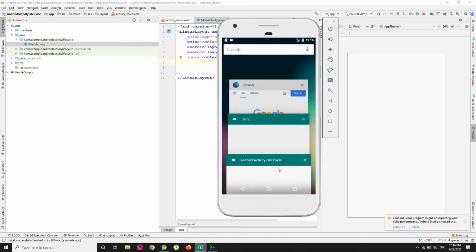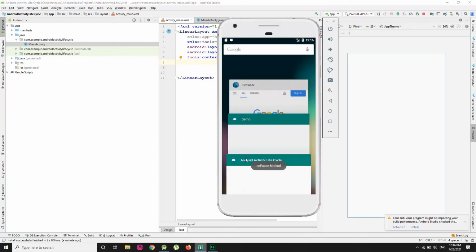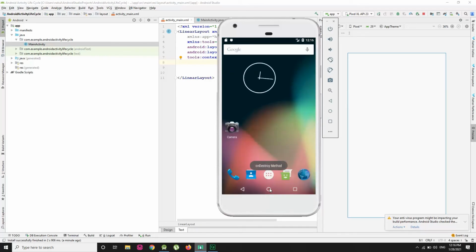Now whenever I open my application from recent applications, let us check which methods are invoked by the Android system, which are onRestart, onStart and onResume. Right? Now let us check when I remove this application from here, then three methods will be called, which are onPause, onStop and onDestroy.